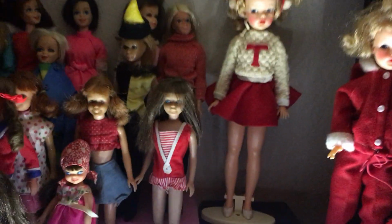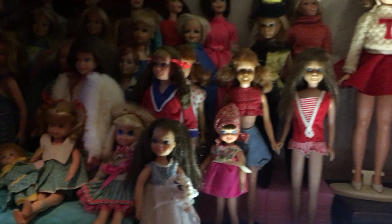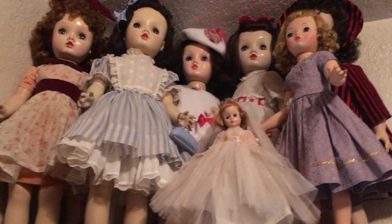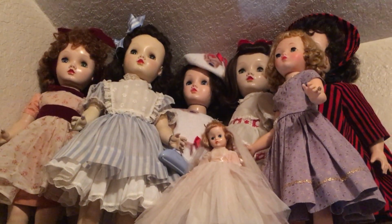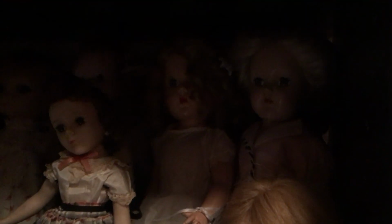These are my Tammy dolls. And then this is Skipper and Barbie Friends. And my Madame Alexanders, Binnie and Winnie Walker. My Sissy dolls. Those are probably some of my most favorite dolls. I will pull those down and do a video on those. They're beautiful. I love those dolls. If you're a true avid collector, you know you have your favorites, your favorite era and your favorite doll. When I find her, I will do a video on the first doll that made me start my doll collection. So down in here, there's Tony